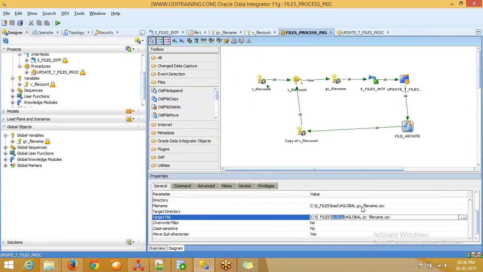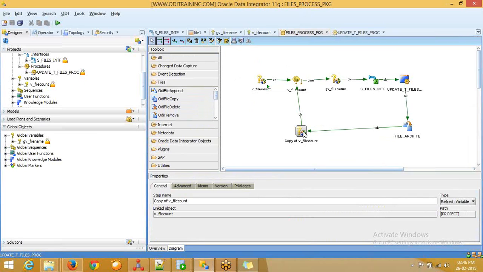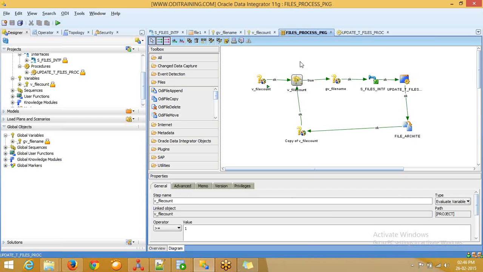After archiving, again I'm using my row counter, that is file counter. So next you will get only 8. 8 means the condition is true, so it will go again. The file will process, the file will update, and it will move again. Then you will get a count of 7, and like this it will continue. If your count is 0, meaning there is no N file status, you will get 0. It will be false. For false, you can give a mail alert, or it will stop your program.